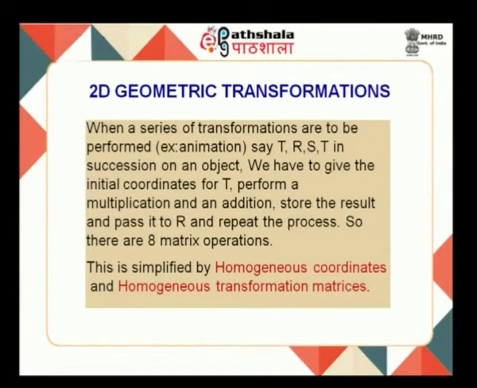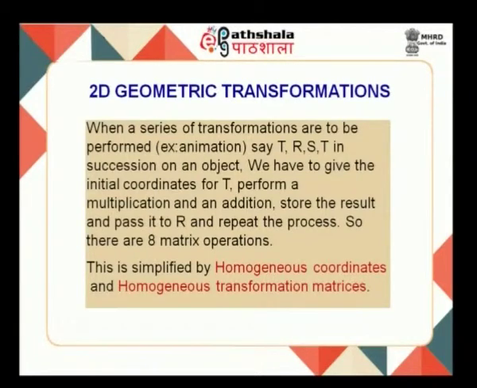First you perform a translation. You will be using the identity matrix into P, where P is the initial coordinates. You have one matrix multiplication, then store the result somewhere and then add the translation matrix. So there is one multiplication and one addition, 2 matrix operations, and then you store the result in P dashed and use that as input for the next transformation, that is rotation, multiply that with the coordinates and add that extra matrix,